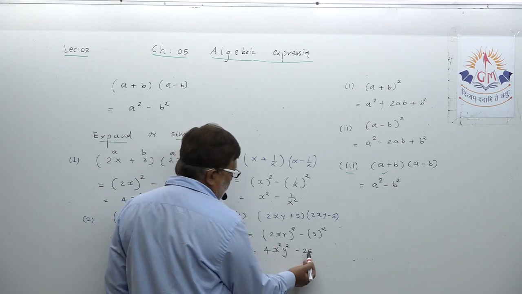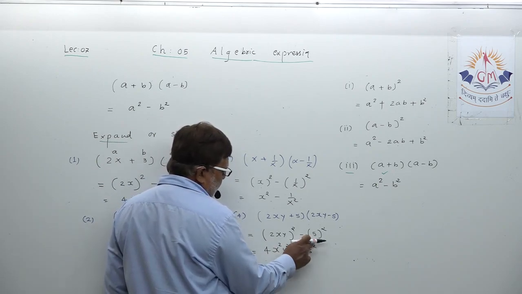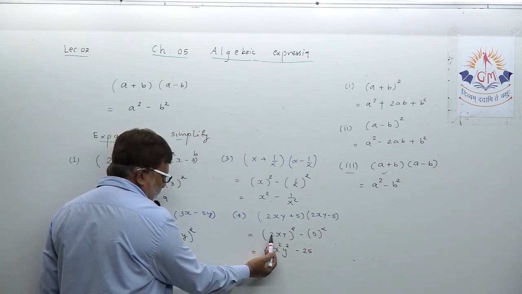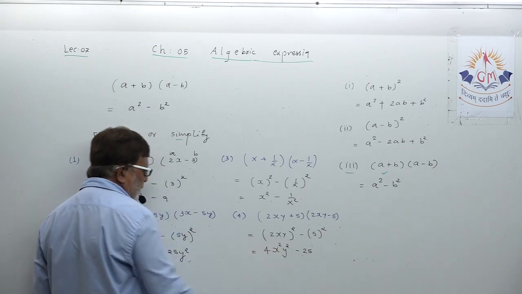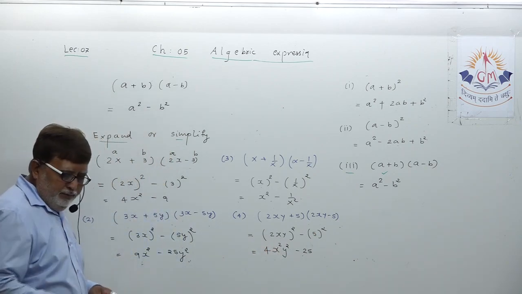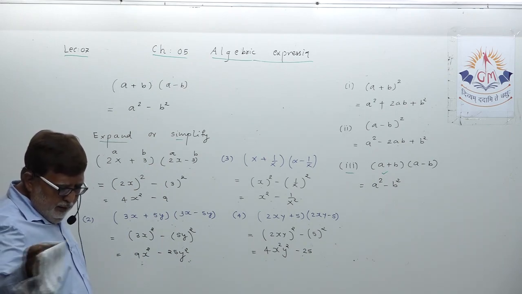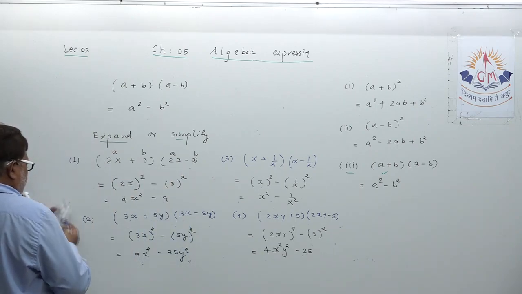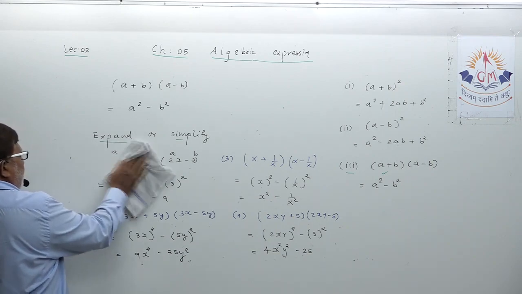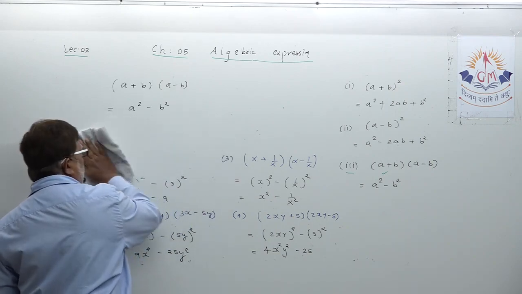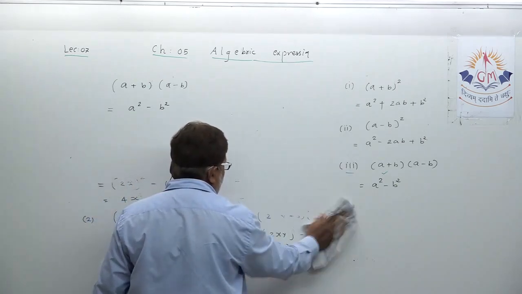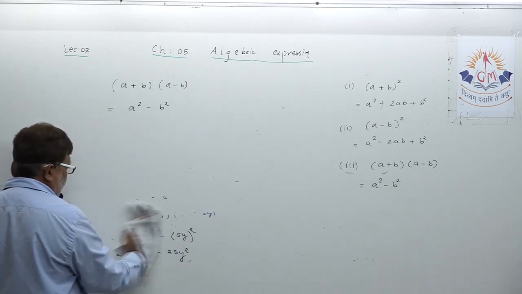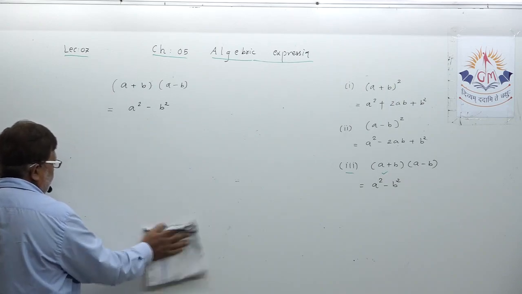Students are making mistakes here. Here they are writing 25 square. No. When you square the number, just write the square of this. When you come across a number coefficient and some variable, then you have to put such a sign. Okay. Let us take one more example. We are taking a few examples for practice to give you knowledge about the application of this particular formula. Okay, that's why we are practicing more examples.